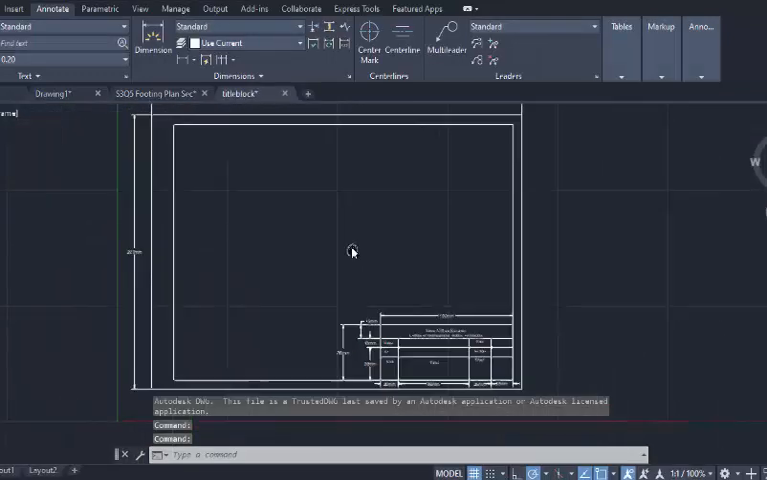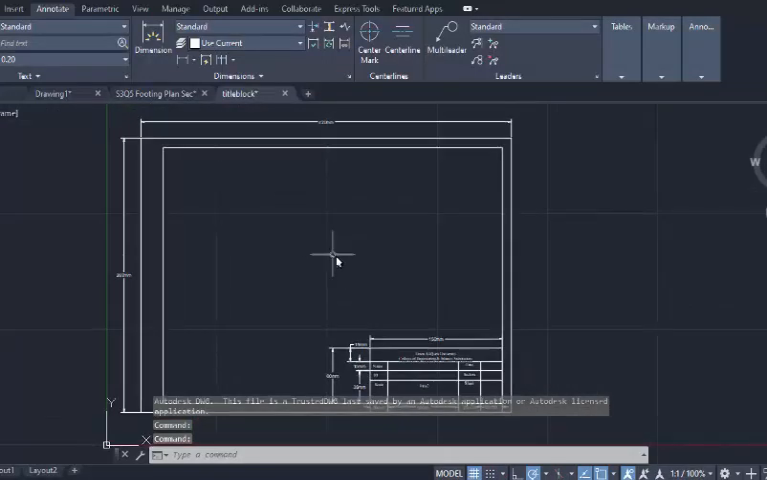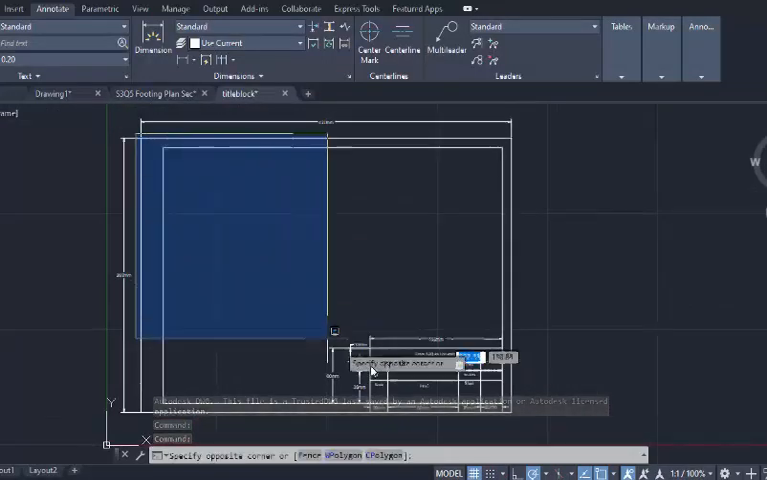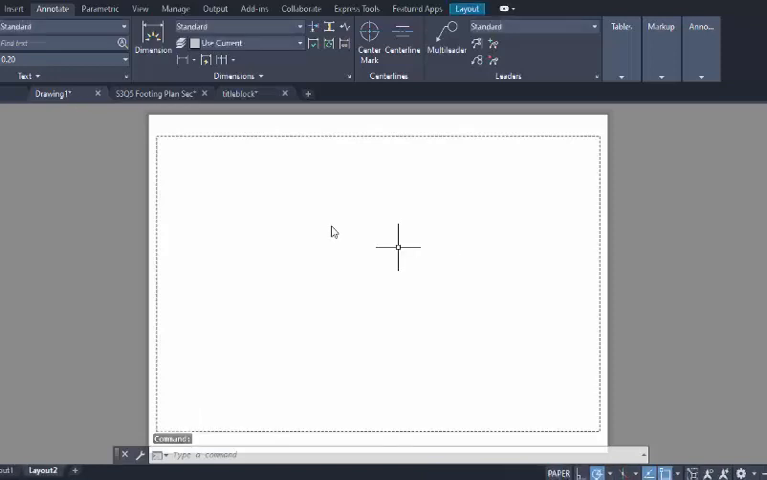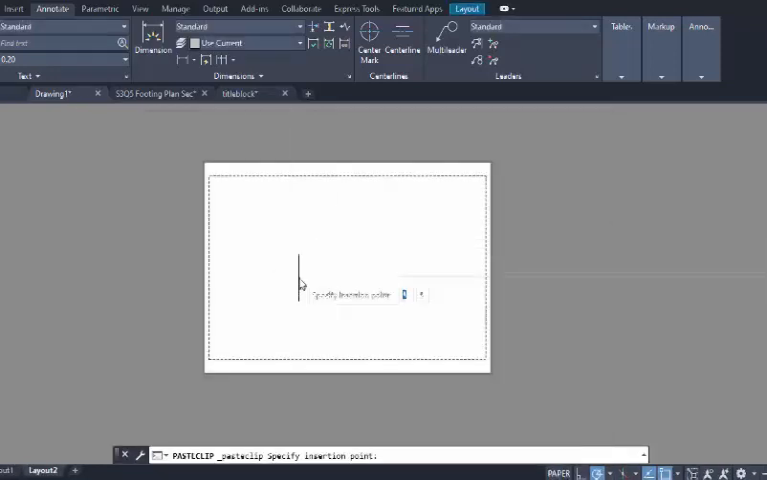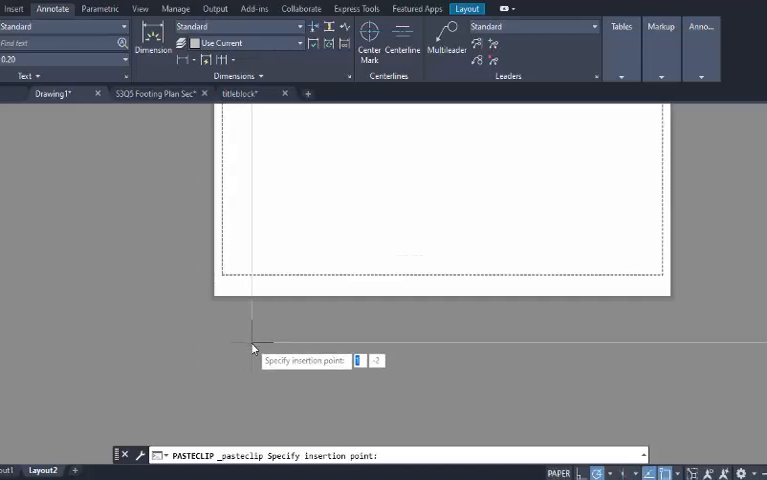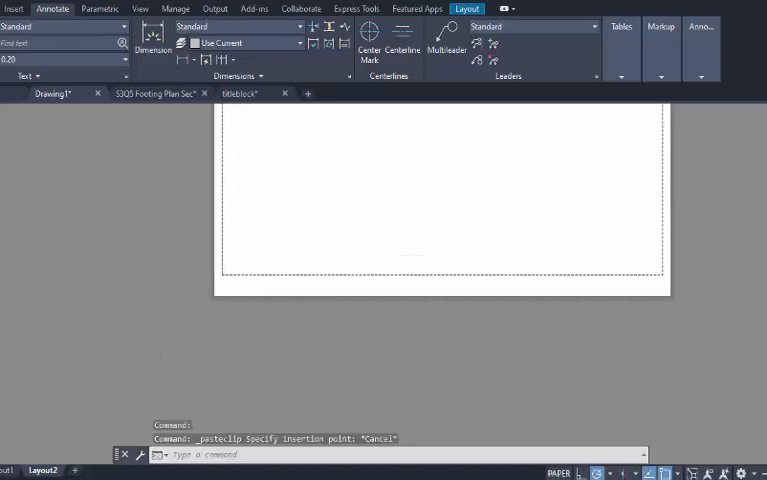So this is your title block. If you want to bring the title block, just select this one, Control C, that is copy, and come over here, and here you can say Control V. But before this one, what you can do, again go to the layout,